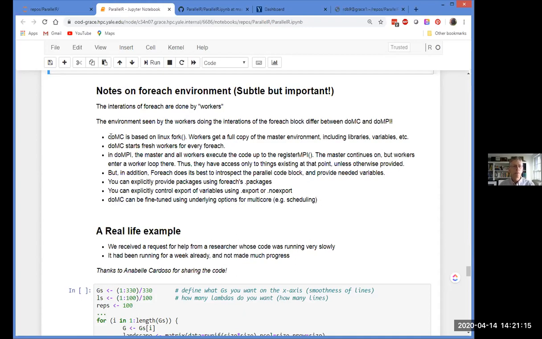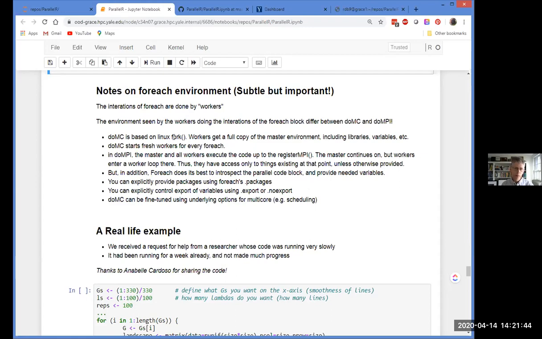So the first thing is doMC is based on the Linux fork, as I've mentioned before. The workers that are executing the individual iterations of the foreach are exact copies of the master environment. So they have everything the master has. They have all the variables and the libraries. And doMC starts a new batch of workers every time it hits a foreach.